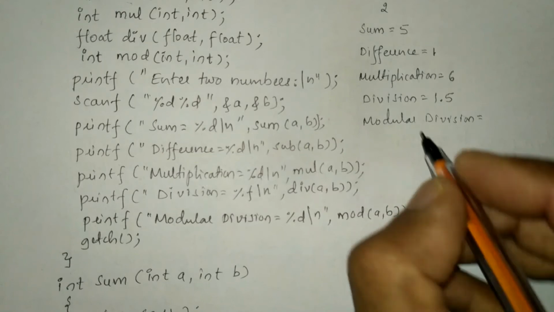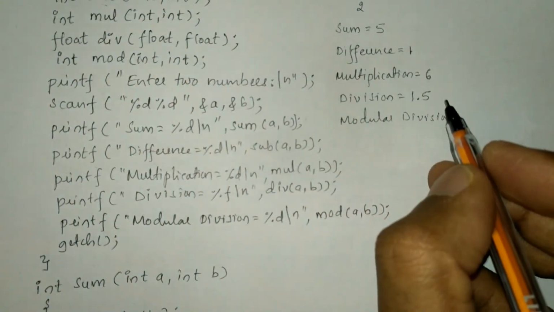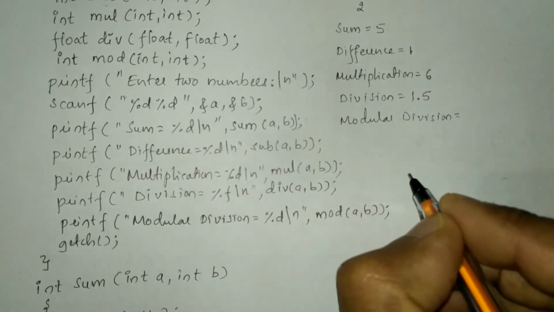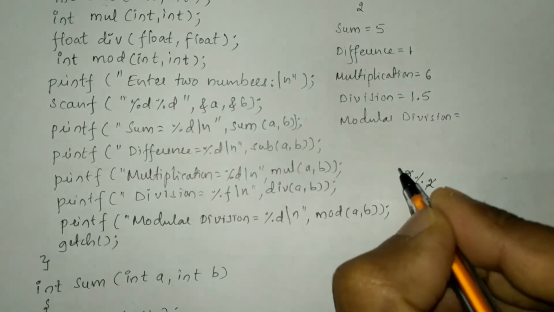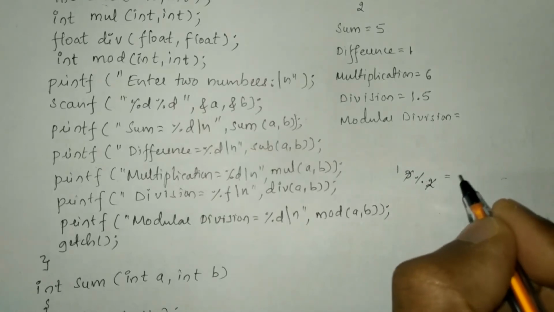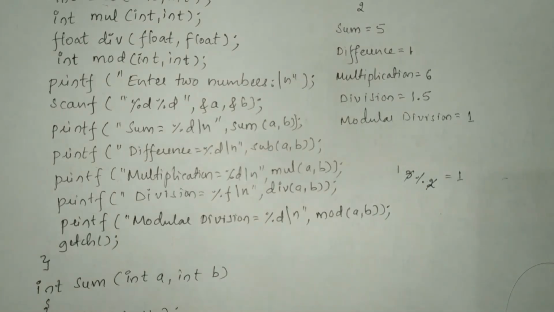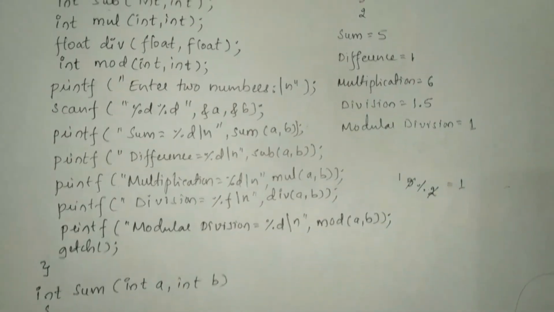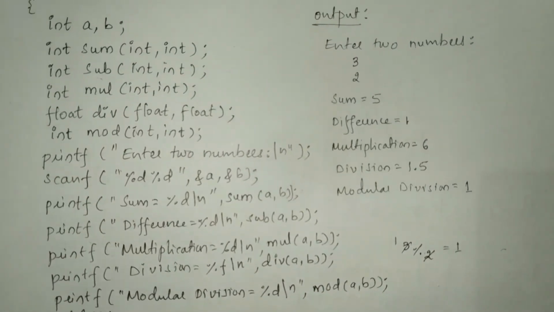You can see here, I'm going to write 3 modular division by 2. So whenever I write 3 modular division by 2, then I can say 2 ones are 2. 1 is the quotient, 3 minus 2 is 1. 1 will become the remainder. So it is going to return 1 as the remainder. That is, after modular division, you are going to get 1 as a result. So now let us run this program.